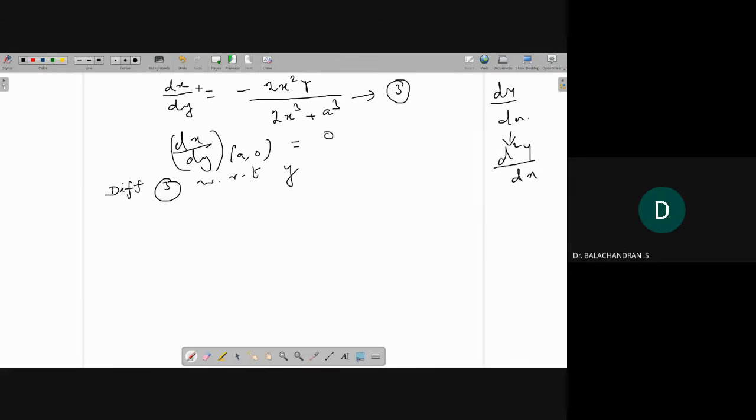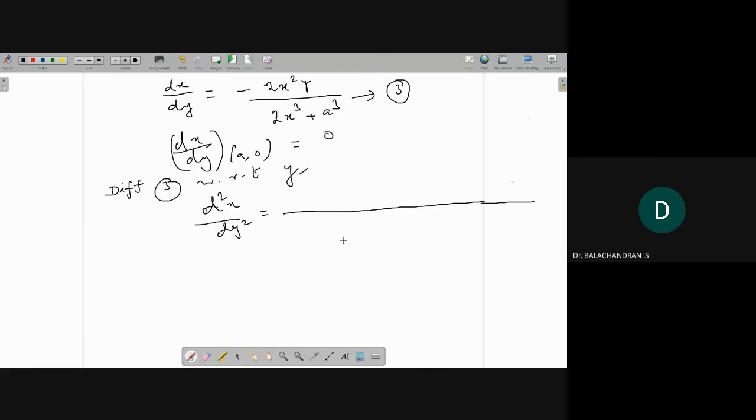I have dx by dy. I need d square x by dy square. So you need to differentiate equation 3 with respect to y. So d square x by dy square is equal to, again u by v method. You should be a little bit careful. So this is equal to,